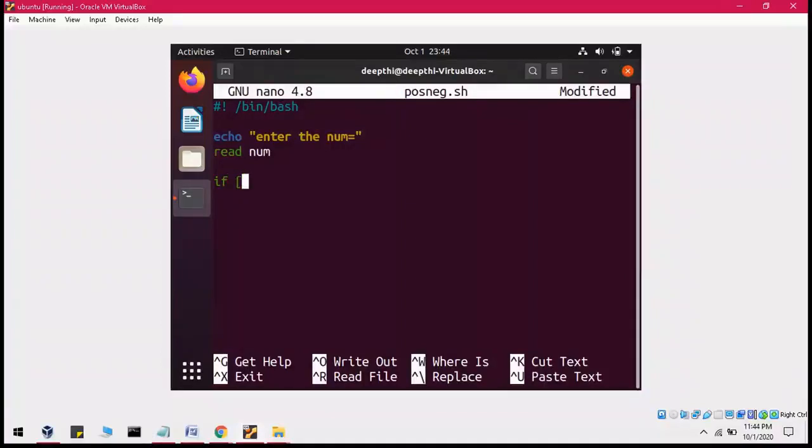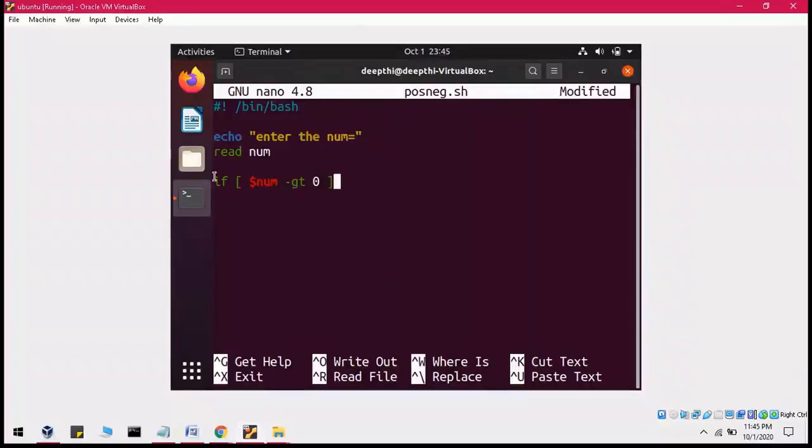So if, space, then square bracket, then again space, and then we use this variable num, but we have to precede it with this dollar symbol, and then after this, with one space again, you are writing GT. You have to find out whether your number is greater than, but this is a relational operator, and this will be valid only if you put a hyphen before this, right? And then after that one more space, and after that you are putting 0,